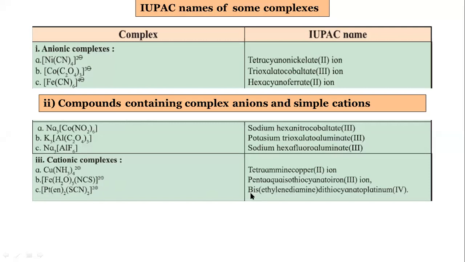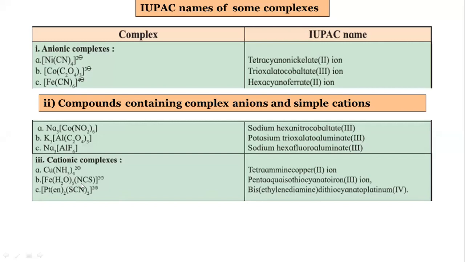Why is it bis? Because ethylene diamine already contains di, so we are not using the word di again. So di becomes bis. So bis, ethylene diamine, the name of the ligand is written in bracket, bis(ethylene diamine), and then comes the